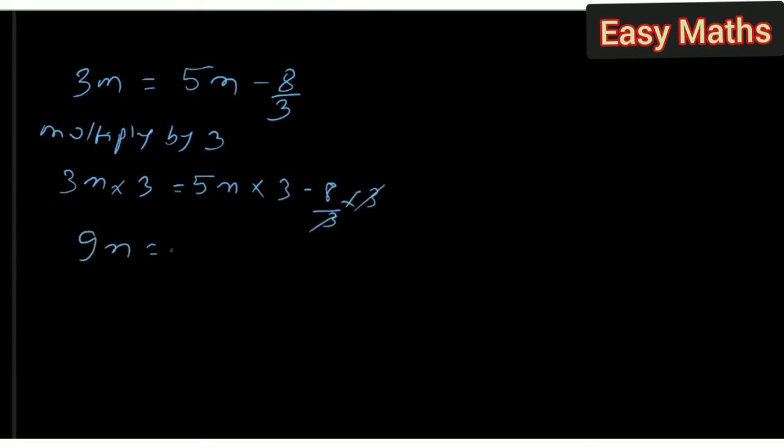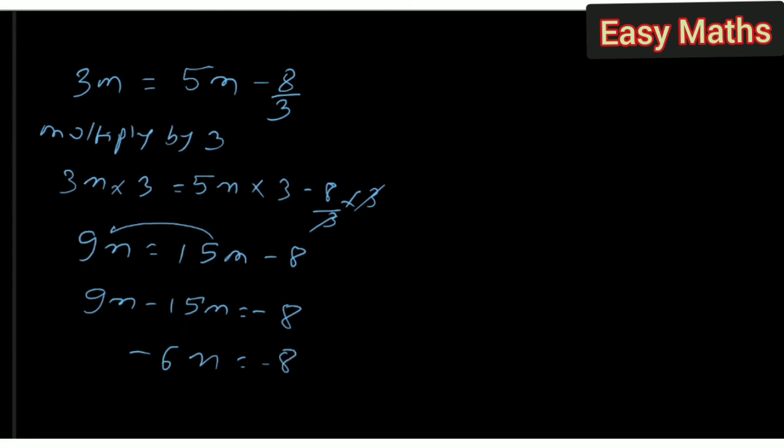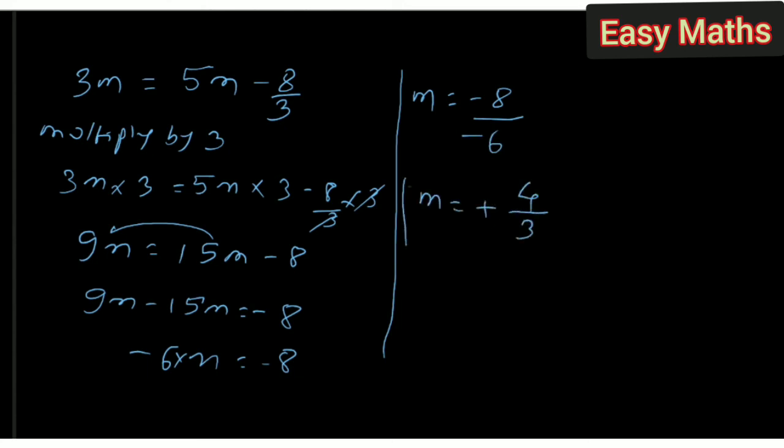Now we have 9m, we have 15m, and we have 8. Now the question is very simple for us. I am taking this 15m to other side, minus 8 remains as it is, this is minus 6m, this is minus 8, and in the next step we get the answer. Minus 6, there was multiplication between 6 and m, multiplication becomes division here, minus minus becomes plus, 2 3s are 6, 2 4s are 8. So this is also very simple easy method. Just take out the denominator from the question and the question becomes very easy to solve.